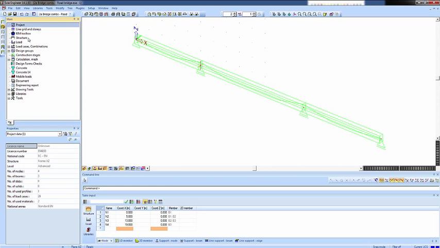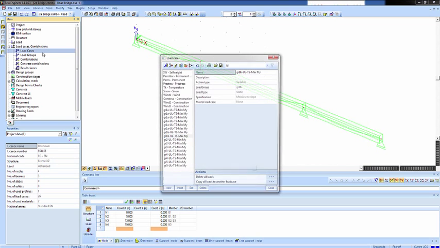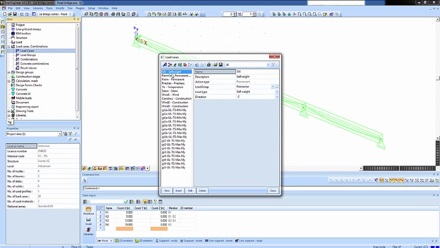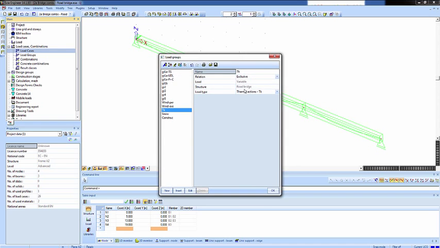Now how does it work? Well, we have different load cases. They are foreseen here. And each of those load cases has a group it is assigned to. In the group you would tell it, well, it's a road bridge and the type of load is a thermal load, for example. In this way the program knows these load cases are meant to be together or not meant to be together,